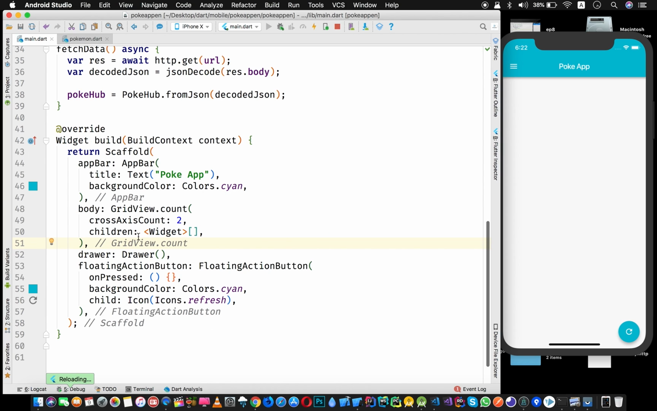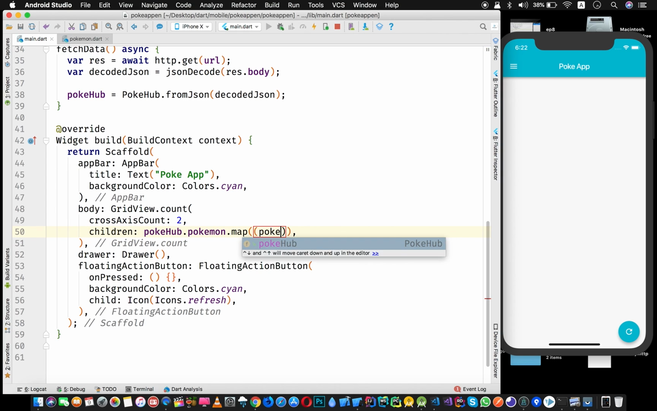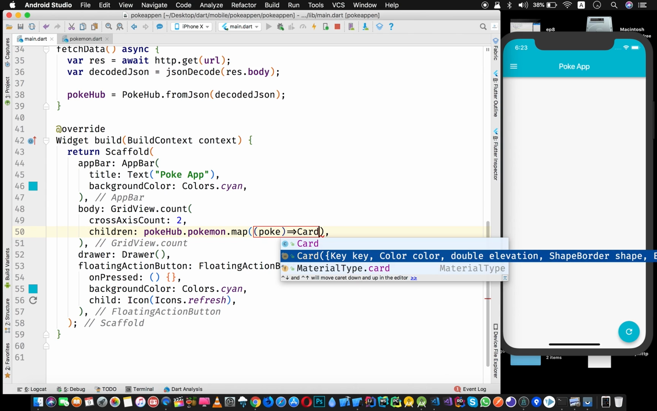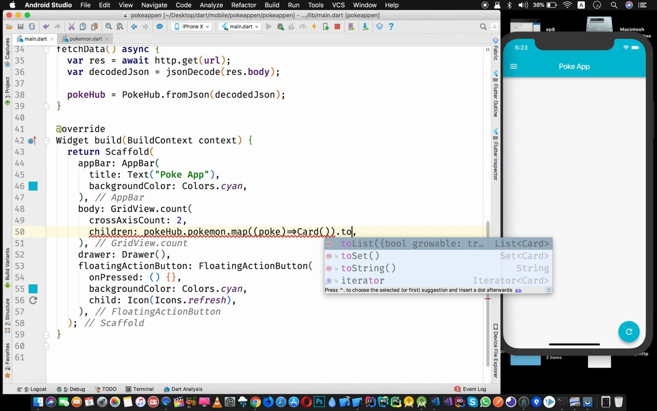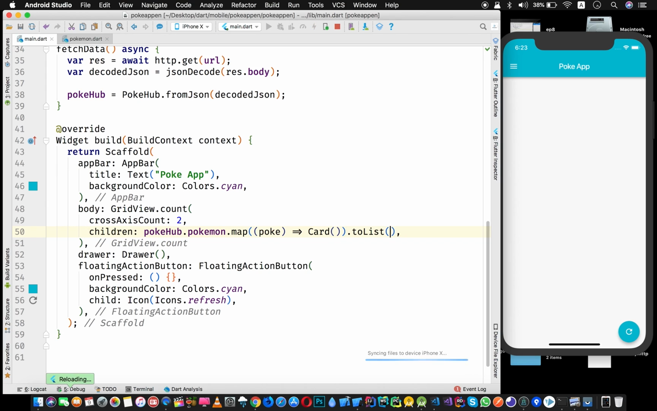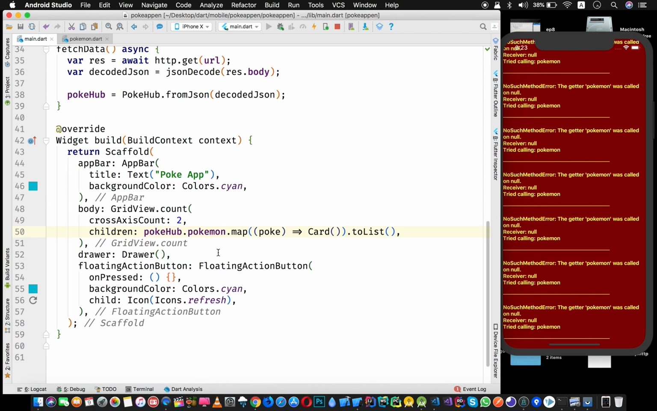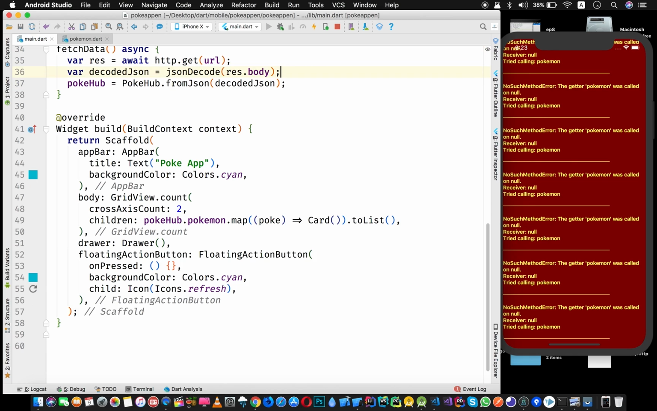Now if you remember, we have this PokeHub, and inside PokeHub we have something called a Poke list. If you see this PokeHub, then we have this Pokemon list class, which will give us all the Pokemon list. Then we will map it. Mapping means selecting a particular Pokemon. So we selected this Pokemon, let's say Poke. Now we can create a card on this. For every Pokemon this card will be created, and then we will call .toList, because we want a list out of it. So now if we run it, and as you will see here,